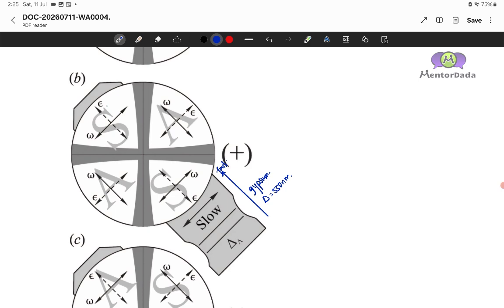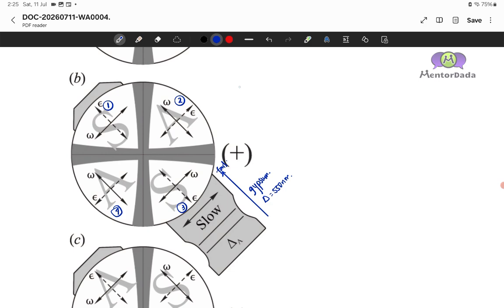Clear? Suppose this sector is 1, this sector is 2, this sector is 3, and this sector is 4. After the insertion of the gypsum plate, you may observe that